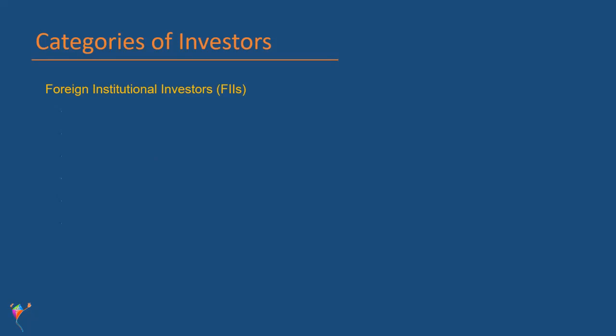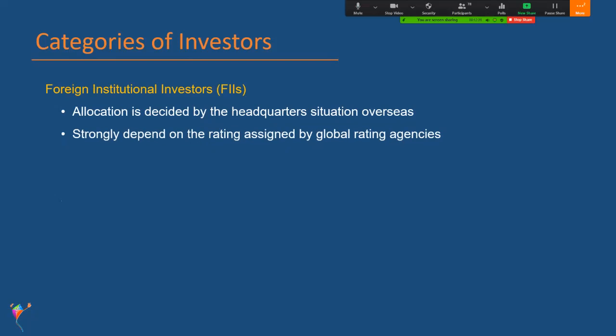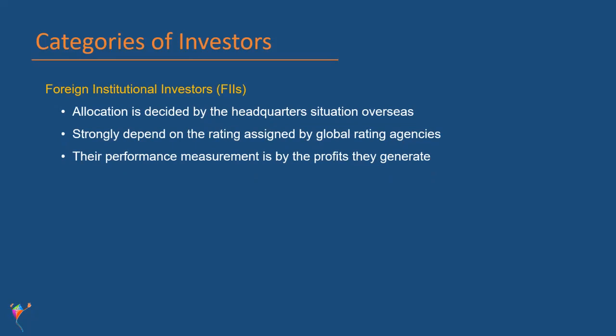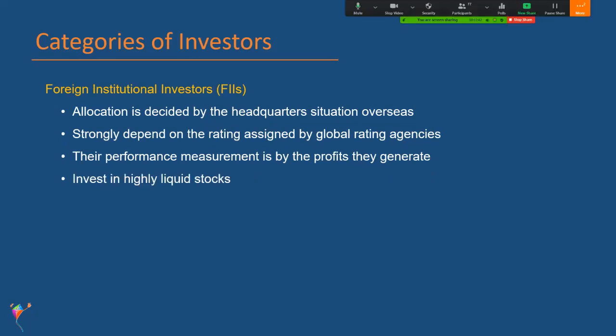Coming to the foreign institutional investors, the allocation with regard to the amount to be invested in a country is decided by the headquarters, which is situated overseas in their country of origin. They strongly depend on the rating assigned by global rating agencies. Their performance measurement is by the profits they generate, of course. They invest in highly liquid stocks. Yes, that is their prime